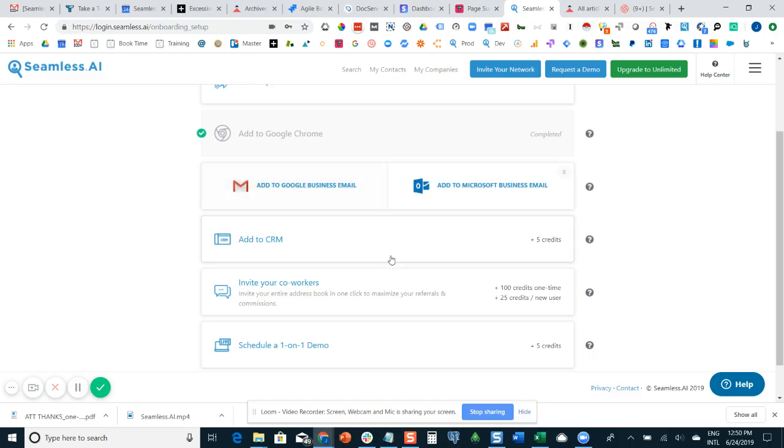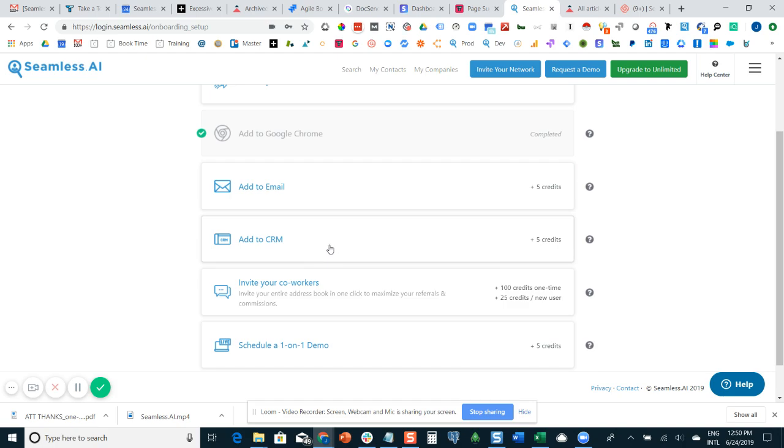This will give you the opportunity to select from your Google Outlook from an email or to your Salesforce for your CRM integration. So this allows you from email to be able to start finding contact information from your email right away. So you can pull out that very important email address, the phone numbers from signatures. So if you want to mine that data across one or multiple of your emails, you can set up your email. You can also add to your CRM and Salesforce and have a direct connection with one click, either individually